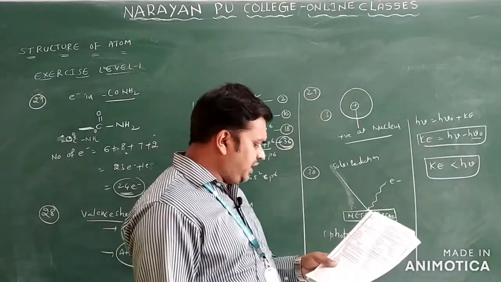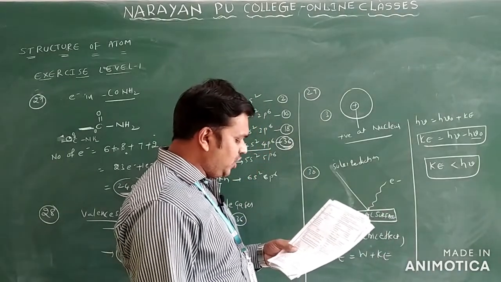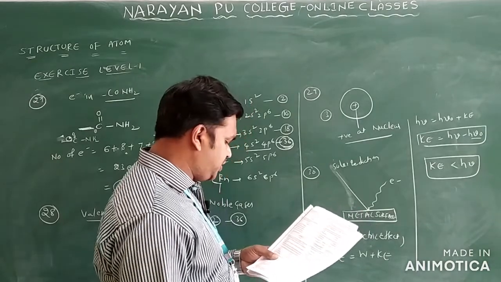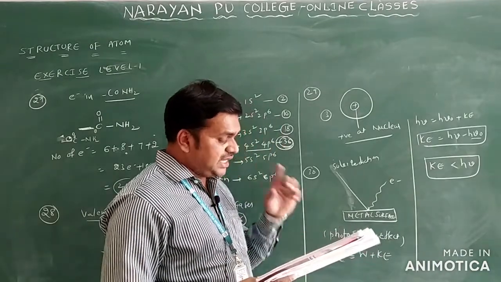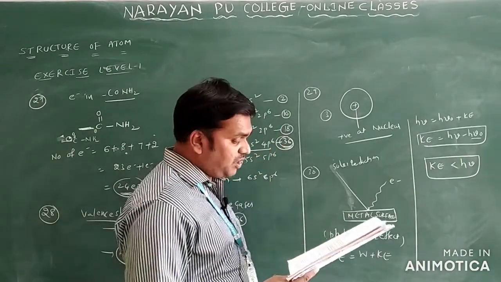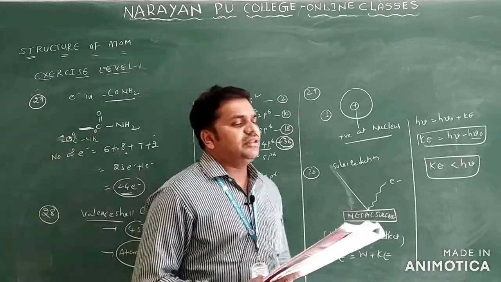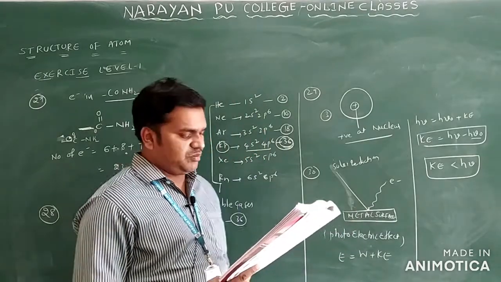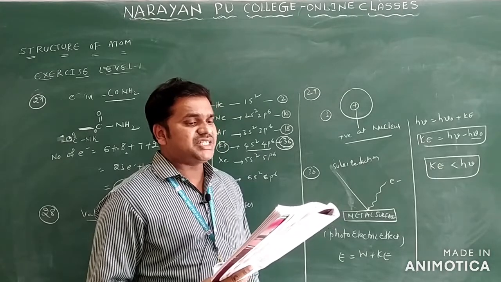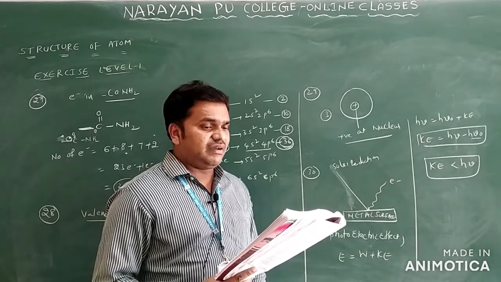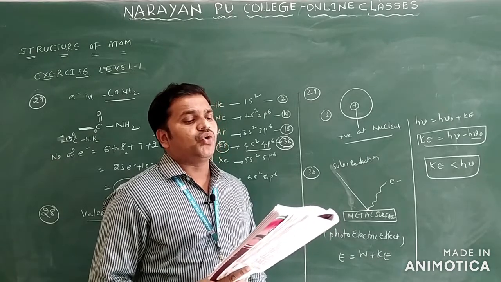See option 1 here: the emitted electrons have less energy than the maximum value of energy depending upon the frequency of the incident radiation. Now the second option: the emitted electrons have less than the maximum energy value depending upon the intensity of the incident radiation. Another option: the emitted electrons have zero energy. Another: the emitted electrons have energy equal to the energy of the photons of the incident light.